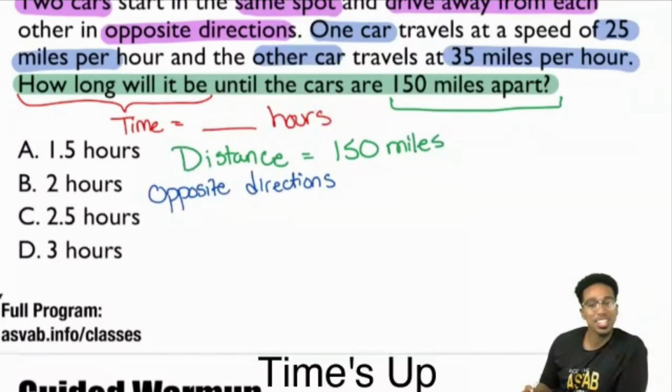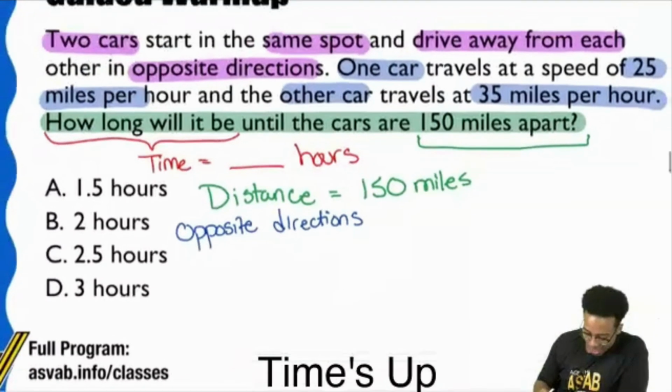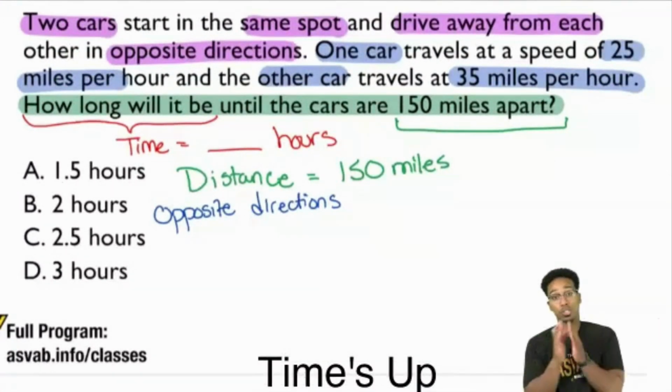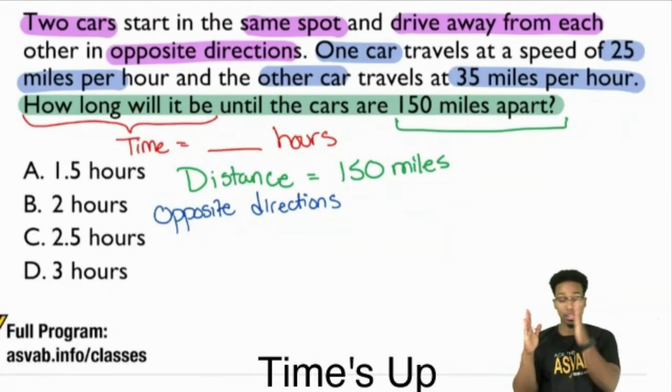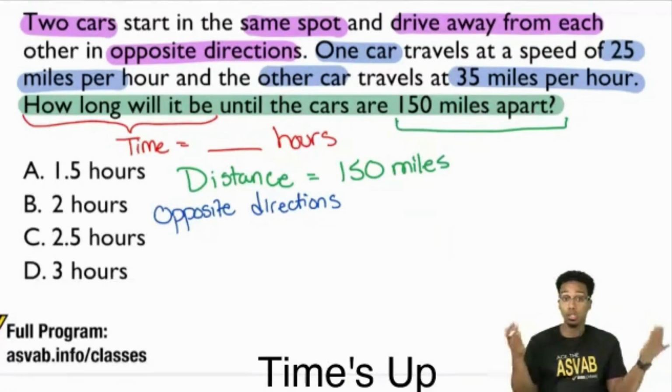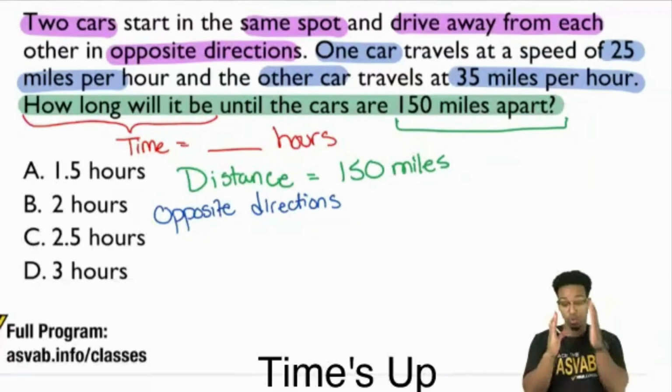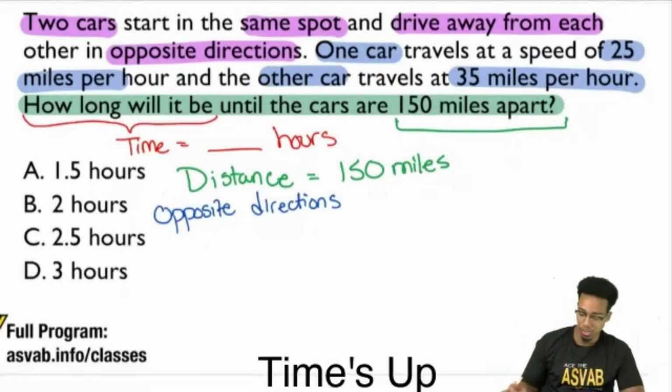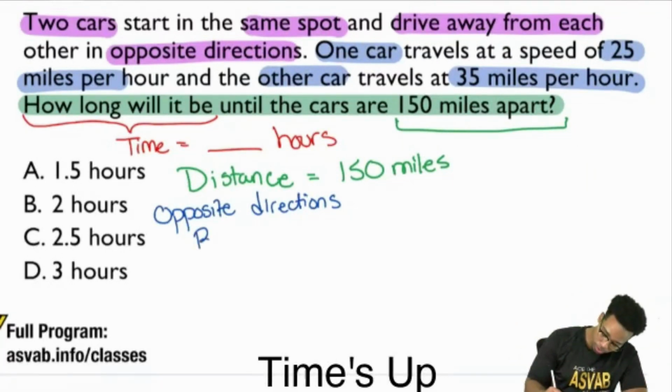Right, exactly. We're going to add these rates because, again, they're going in opposite directions. If I take one step this way and two steps this way, that's 3 total steps. 1, 2, and 3. So you have to count them together here. So the opposite directions, we have rates.